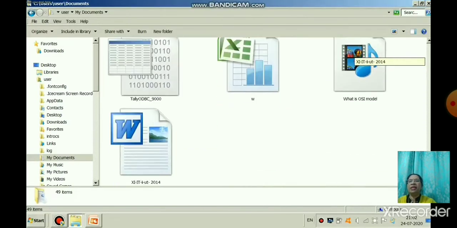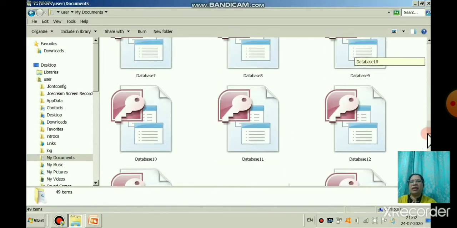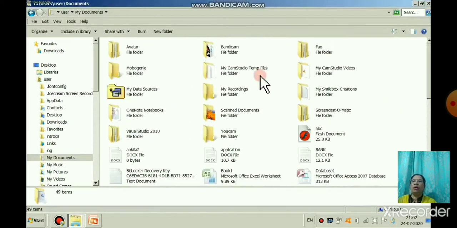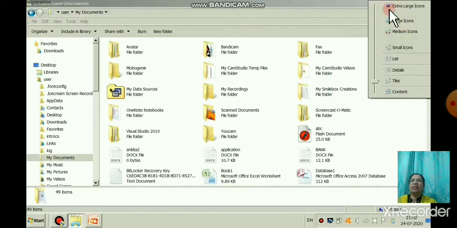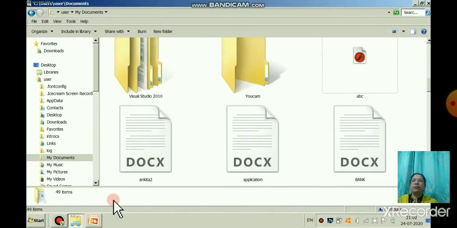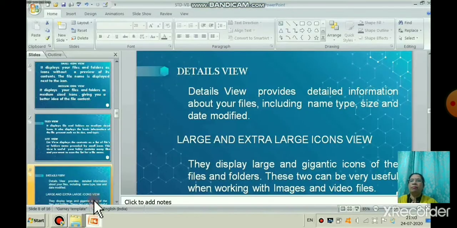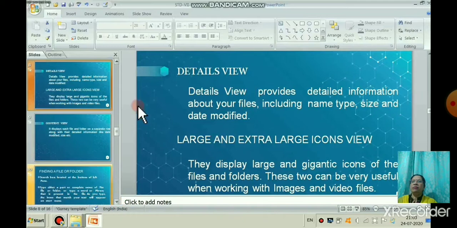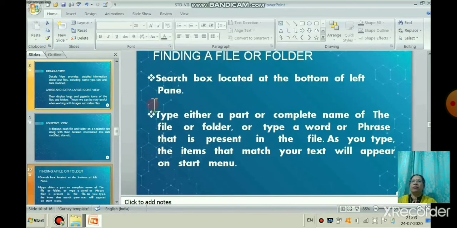If it is an image file, in list view and tiles view you cannot see it, but in the extra large icon view you can see those images also. Okay, so you can see here there are the different views. Now content view, right? The content view displays each file in a separate row, along